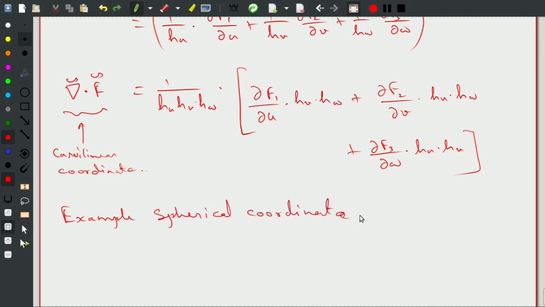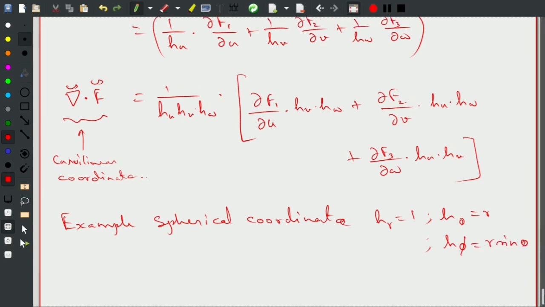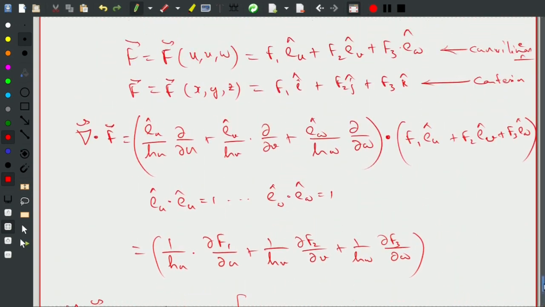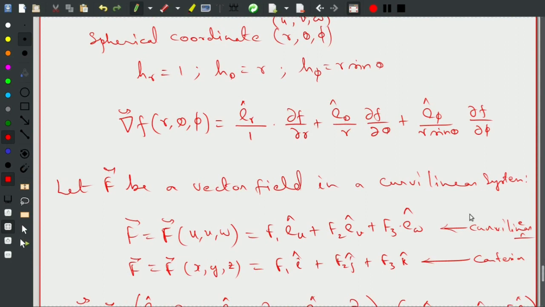In spherical coordinates, we know h of r equals 1, h of theta equals r, and h of phi equals r sine theta, right? So this is our spherical coordinate system, and our u equals r, v equals theta, and w equals phi. So let's work this out. First, for the gradient, what's the expression? We have e r cap and